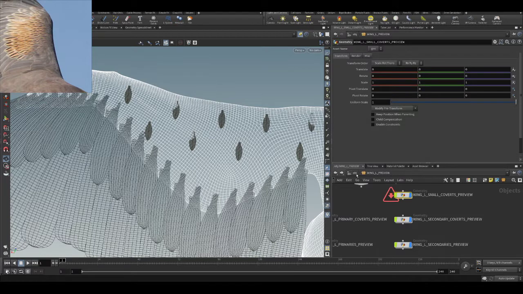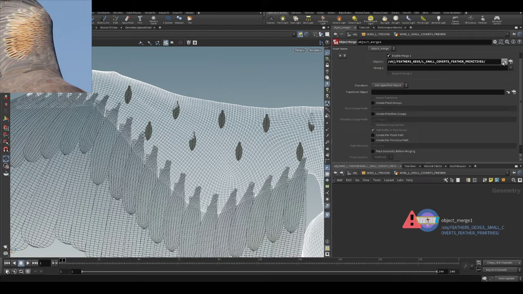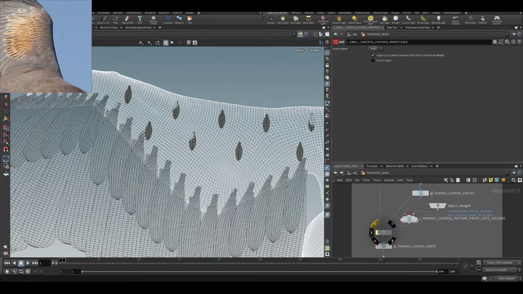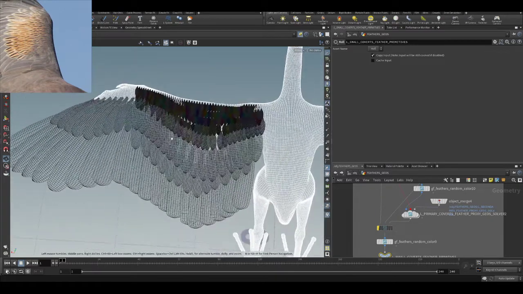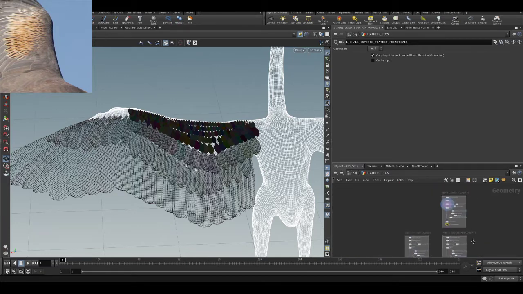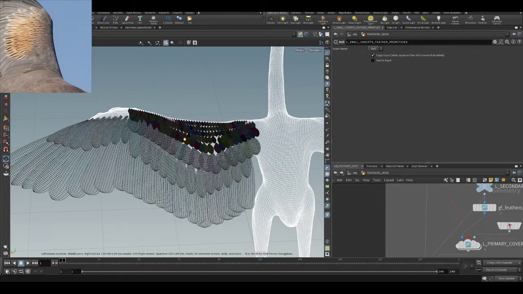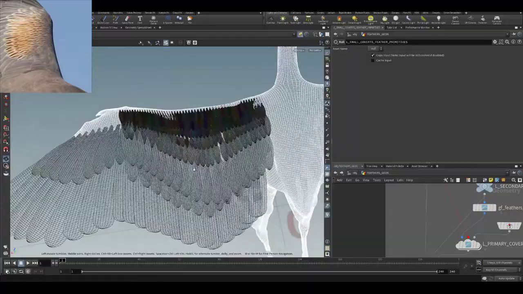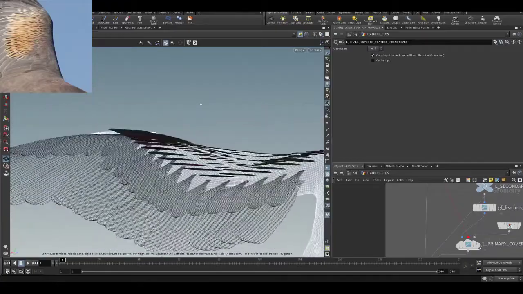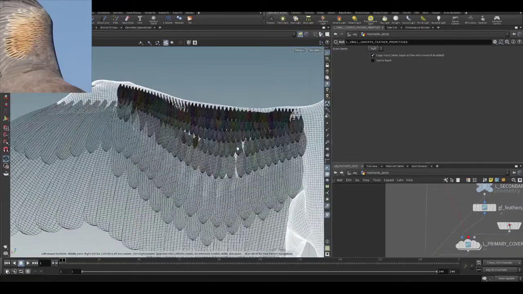Of course, this is failing now because we are using an outdated deform. This is something that we still didn't do, so let's skip the deform. Just to explain, we were using the deform node with proxies that belonged to the secondary coverts, so that's why it wasn't working. We still have to go through that part. So definitely the last row of coverts is too large. We don't want that extreme